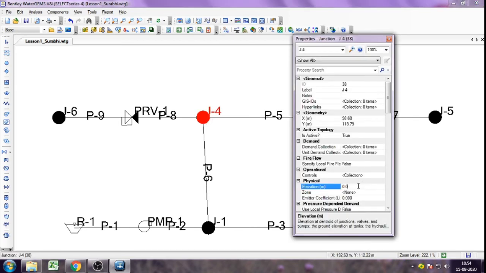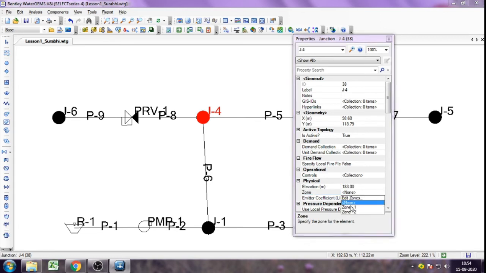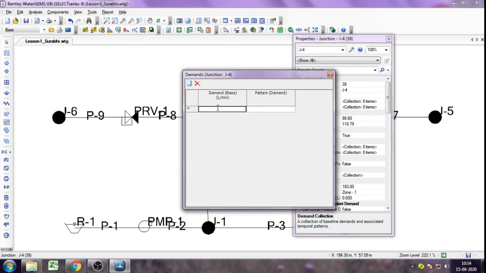Junction 4 has elevation 183, zone 1 and demand 38.